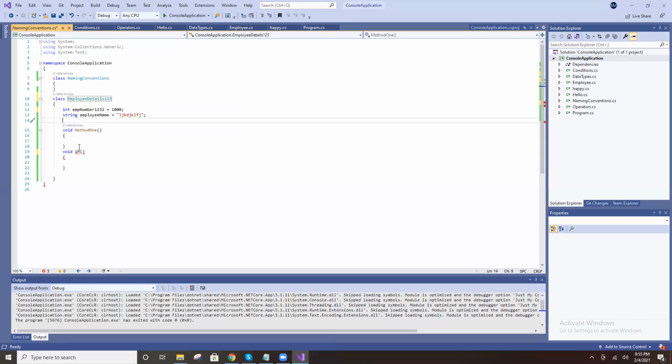So int s equal to. See, what is this now? It's a special character. A special character is not possible.